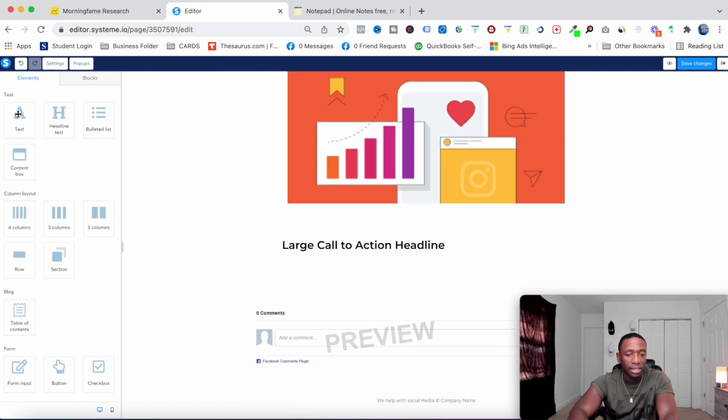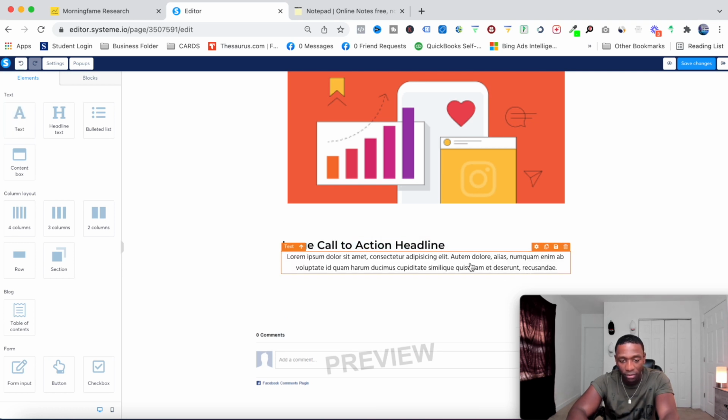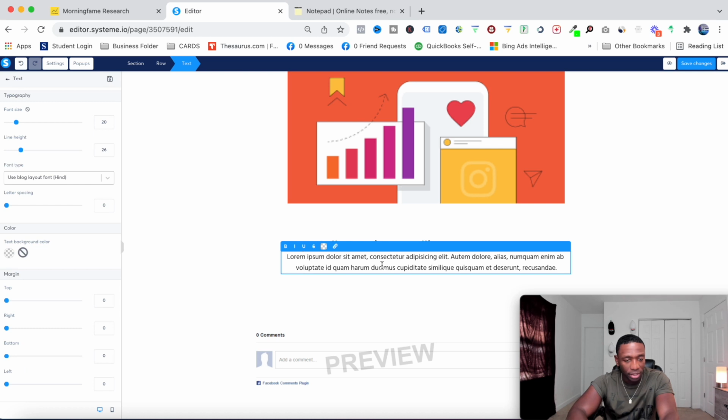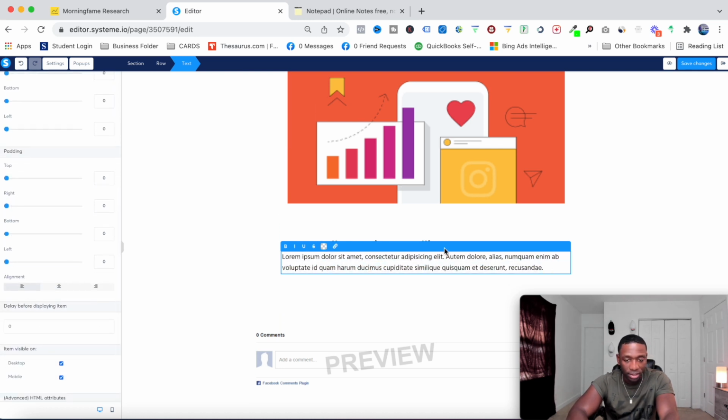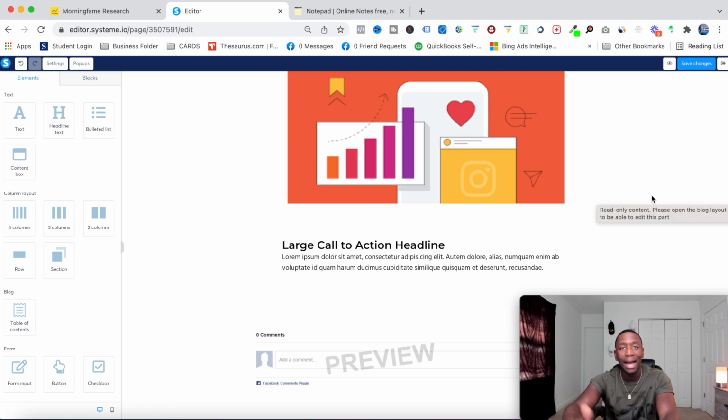And then now we take some regular text, right? Now I want this text to be sort of close, so I'm gonna put it about right there. That should be good. And then what I'll do for this is I'll also left justify it. And then now we got our H2 and we got our text right under it. Seems a little bit close, but I'm gonna have to adjust it a little bit to kind of make it look well, but we got it there, right?